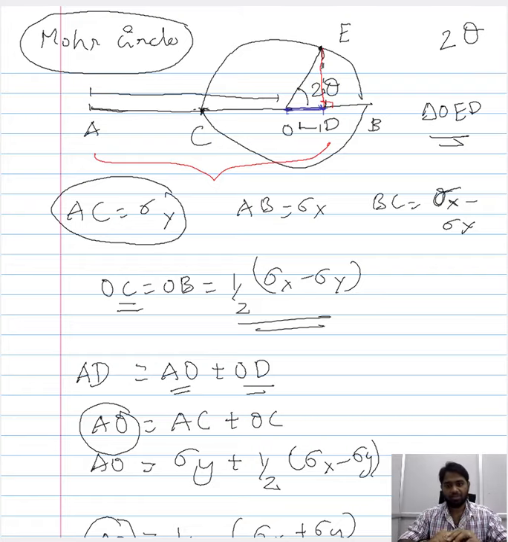So in this depiction, we have included both forms of stress, that is the biaxial stress. We have included the stress acting along the x-axis, the magnitude of the stress that is acting along the y-axis, and we have also included the angle of inclination. So all the basic components that are required to describe our system are included in this Mohr circle. And now, by considering the different segments, that is AD and DE, we were able to quantify the different components of stress, particularly the normal stress and the shear stress. And we are sure that the results this particular Mohr circle gives are consistent with the results that we got from the conventional derivation.